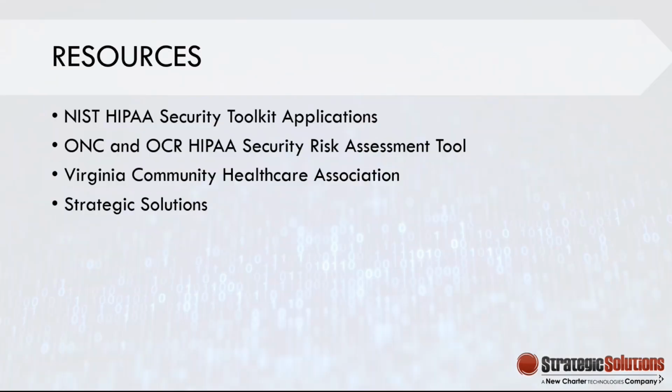There is a free NIST HIPAA Security Toolkit application, which is a program that will help you run through the NIST cybersecurity framework, which is accepted by HIPAA as a great way to secure your organization. It will take you through the steps that we've talked about. We're going to identify, protect, detect your data, your assets, and your PHI. This is a great tool that will help you run through the security risk assessment,